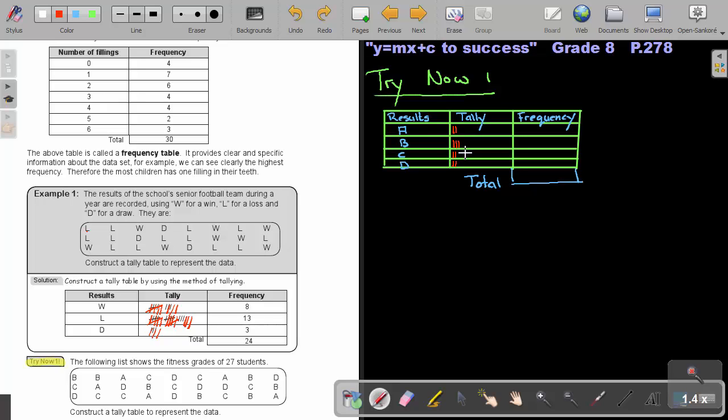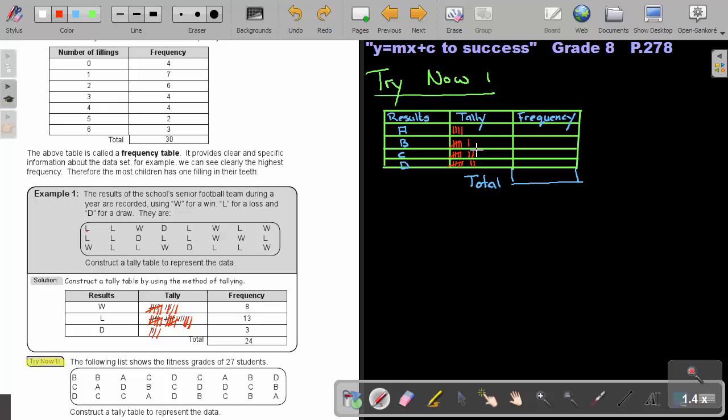And a D, tally, and a C, and an A, and a D, and a B, and then a C again, and then a D. Okay, we are at 4, and then another D, and then a C, also 5, and then a B, also 5, and then a D, a new one, and then a C, new one, and another C, new one, and an A, 4, and a D again, new one, and a B,